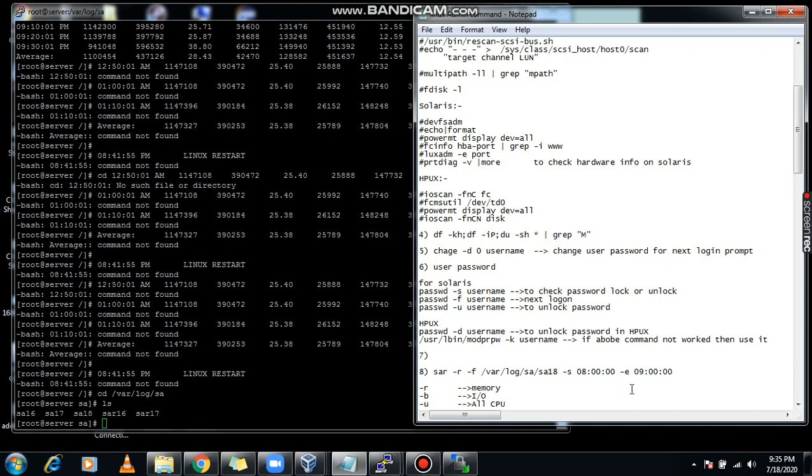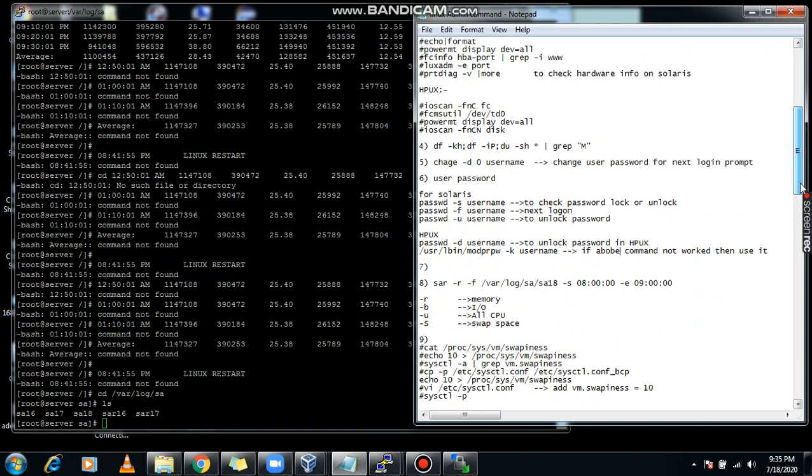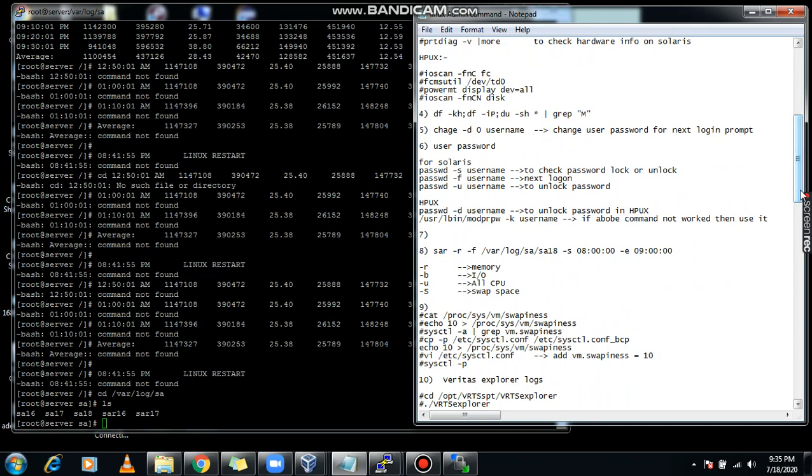So using this command you will get the exact logs for this specific date and time.